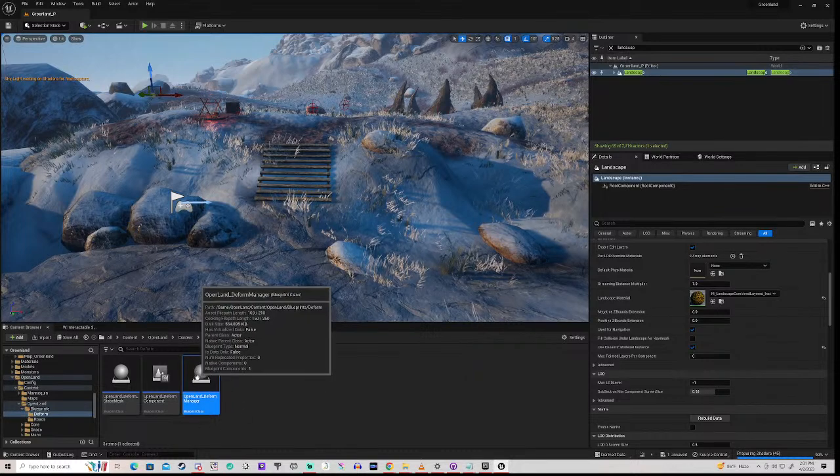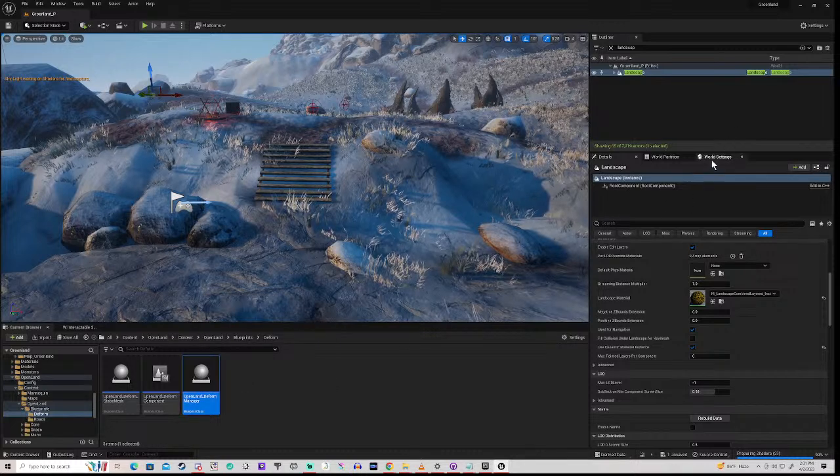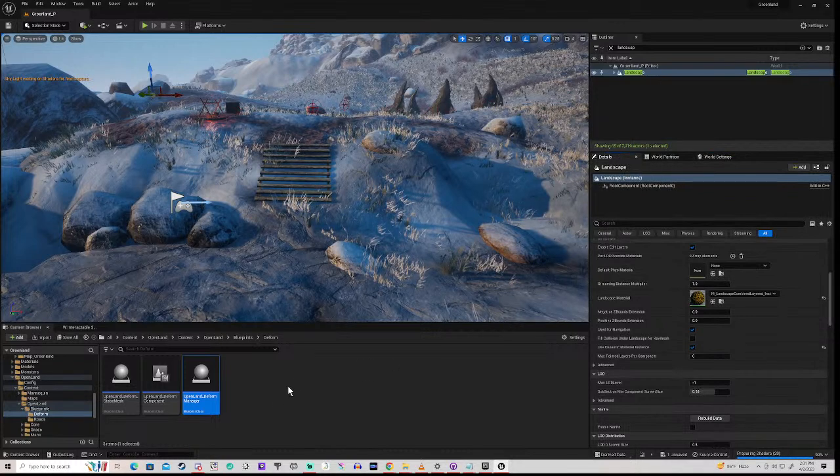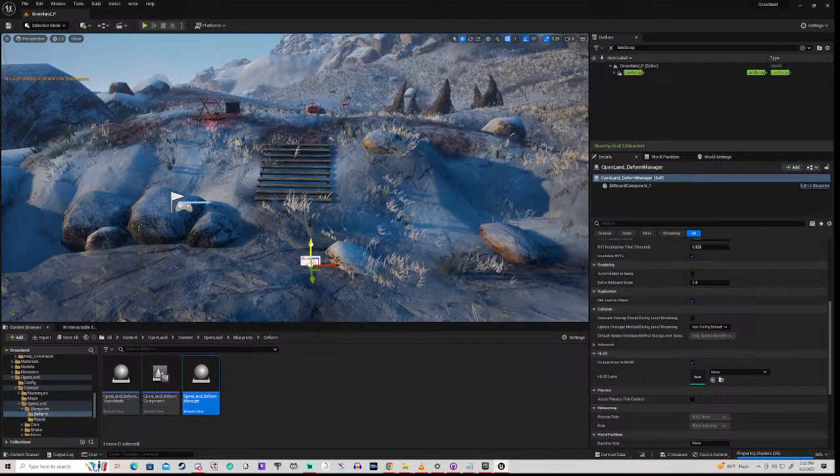We need this open land manager. And there was something that we had to do in open world settings, but I can't. Nah, we don't need to do anything in open world settings. What we do need to do is drag that in, but